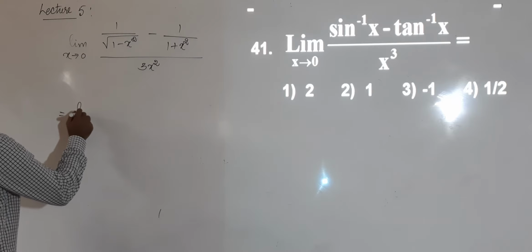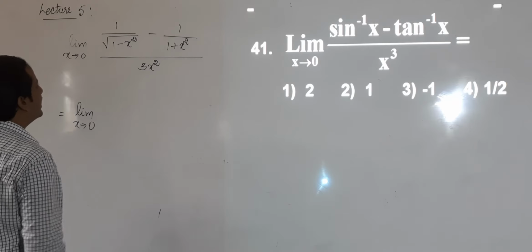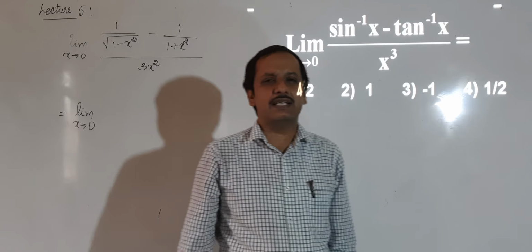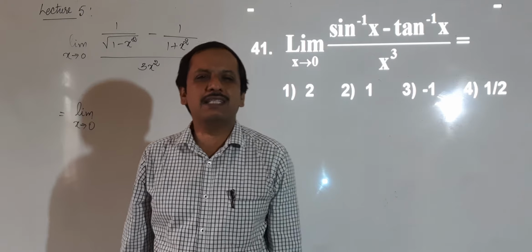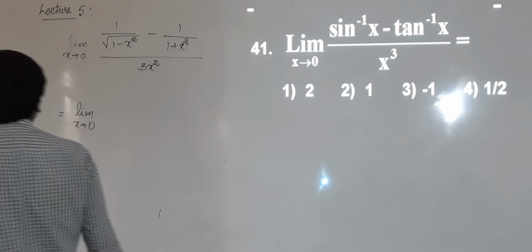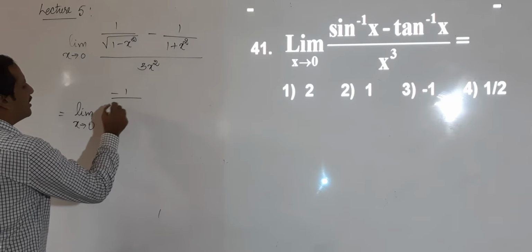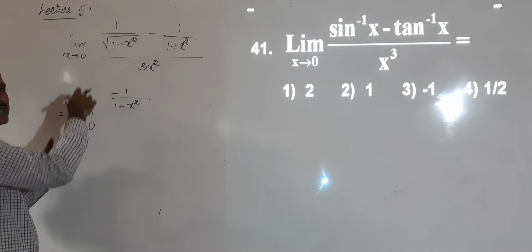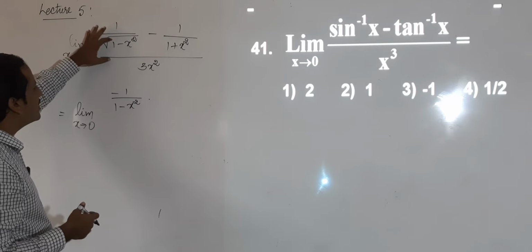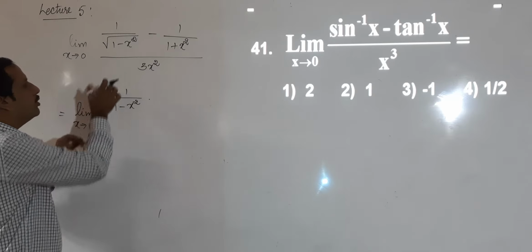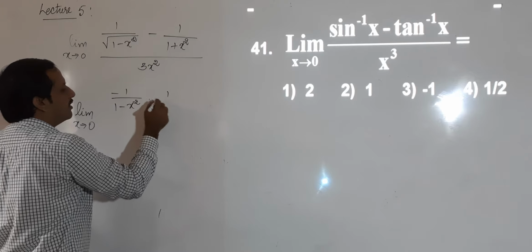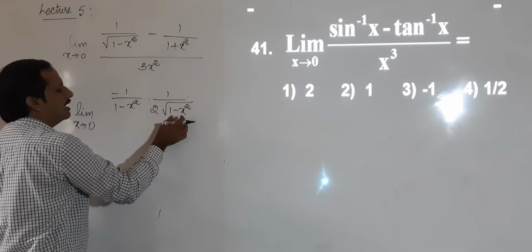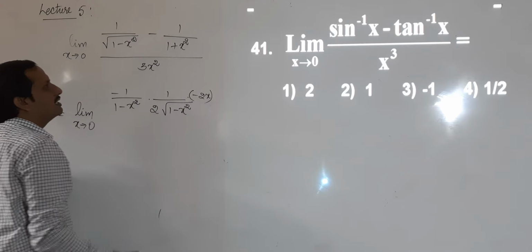Okay. So this will give you the limit as x tends to 0. When I differentiate it again, the derivative of 1 by root 1 minus x square looks like 1 by x. What is the derivative of 1 by x? The derivative of 1 by x is minus 1 by x square. So the derivative of 1 by root 1 minus x square is minus 1 by (1 minus x square) square, into, now I have to differentiate root 1 minus x square. The derivative of root 1 minus x square is 1 by 2 root of 1 minus x square, into the derivative of 1 minus x square, which is minus 2x.